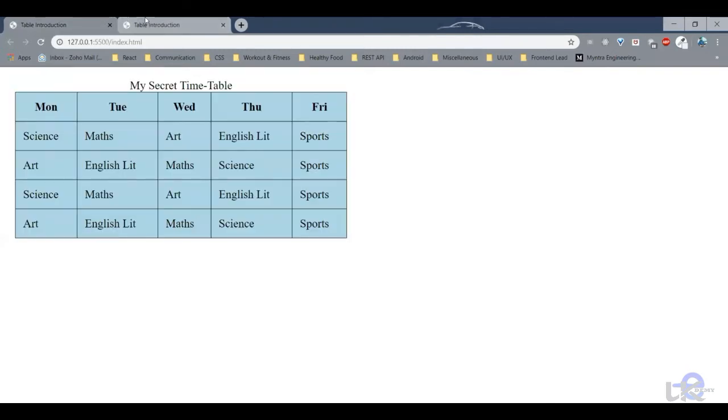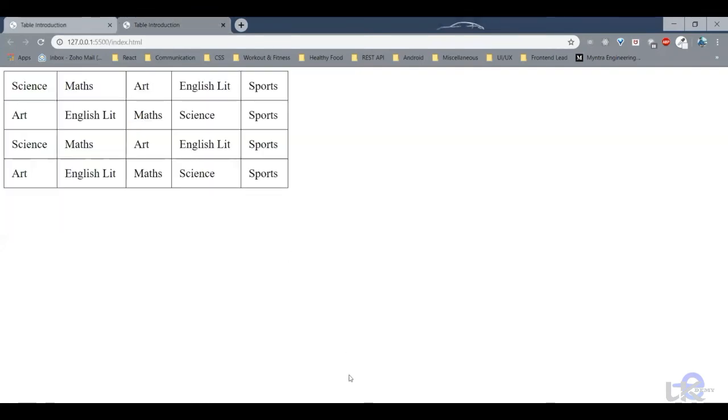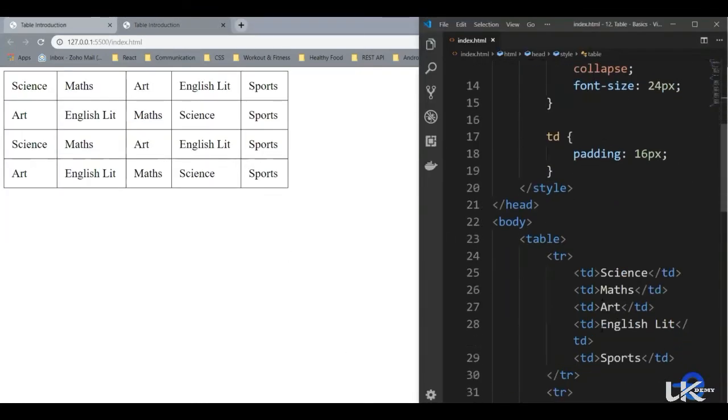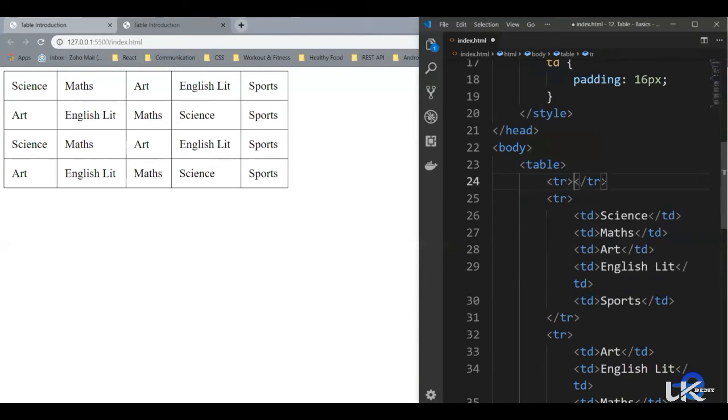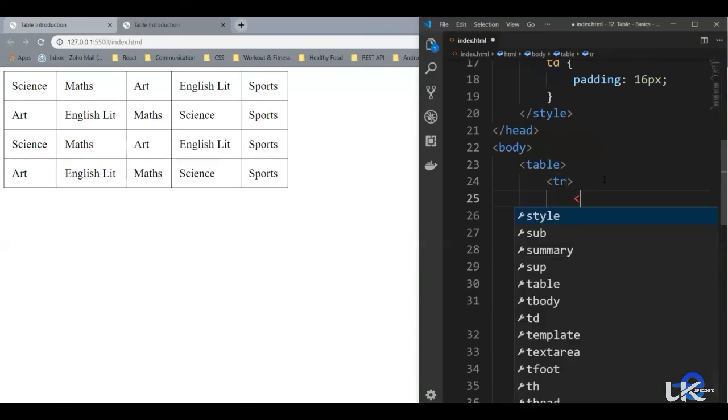All right, so we've got the structure there. Now what we need is these headers. So let's add that. Table has another element, table headers, and to use that, we can use the table header tag, which is angle brackets th. So let's create another row on the top because that's where we want it.